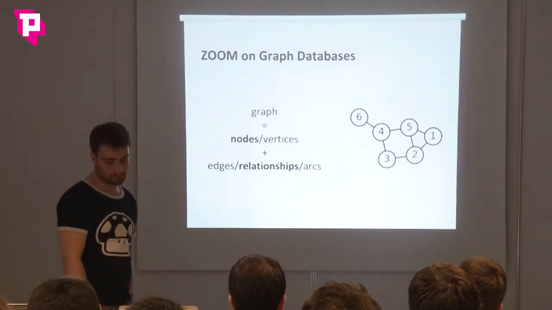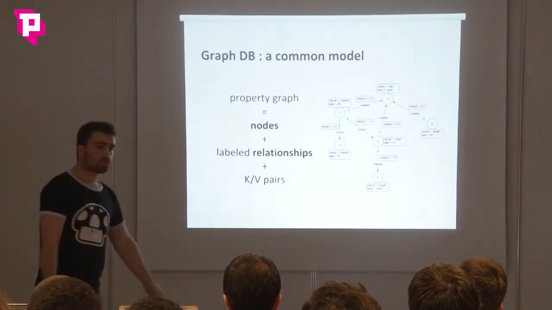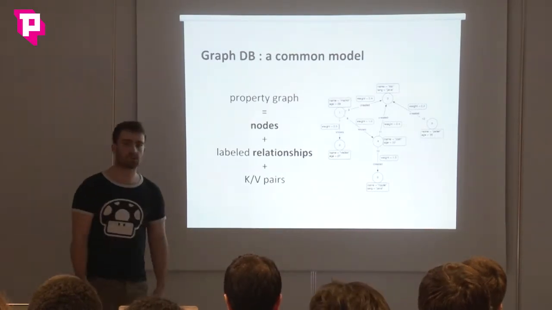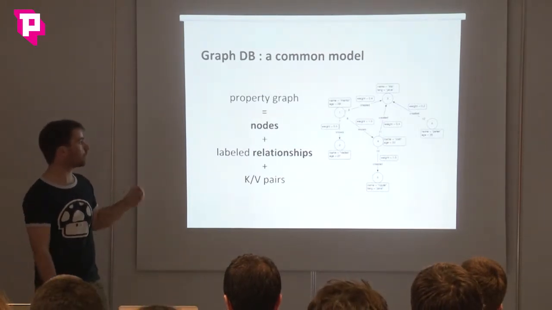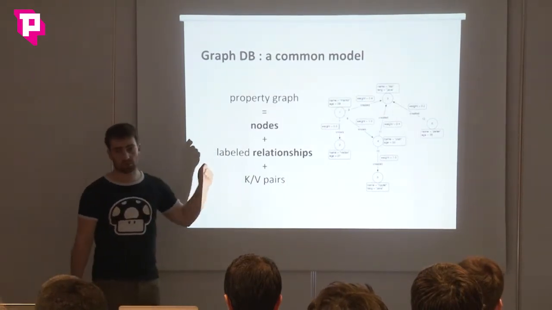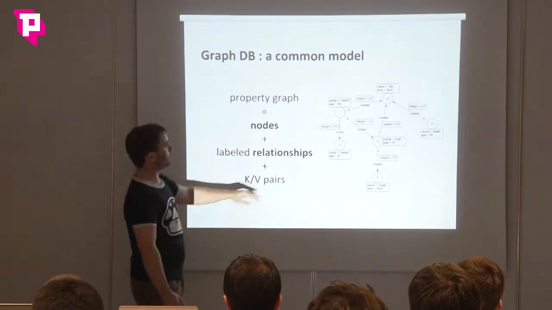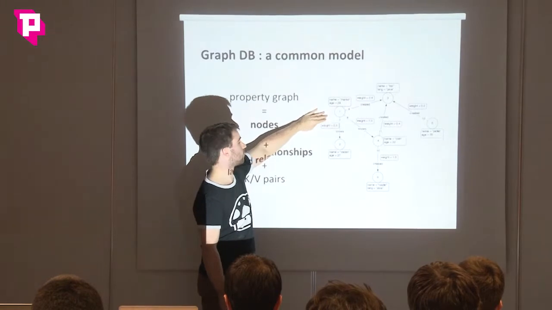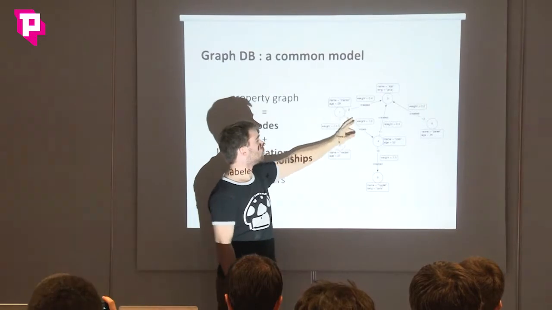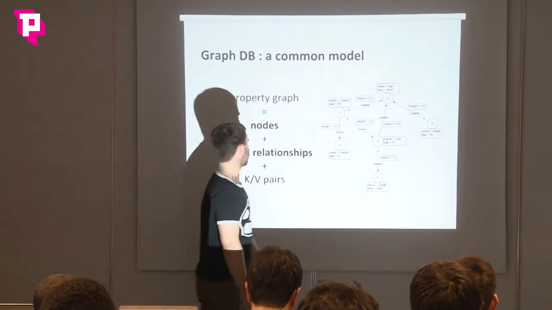So yeah, this is just a simple graph. Of course, with the previous graph, we didn't store much, just ids. That's not very interesting. So one of the common models that has emerged is called property graph. Not only do you have nodes and relationships like before, but first, you can add a label on your relationship so we know what it is about. So if I take the graph here, I have someone named Marco that knows someone named Dallas, I guess. They have an age. They also know someone else. Marco created, language Java, something like that.